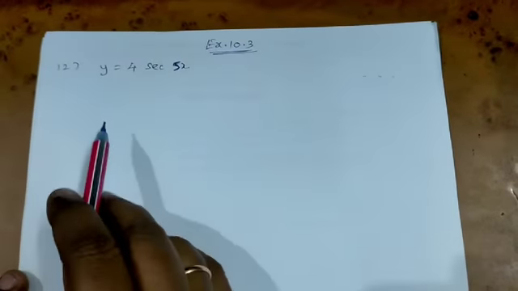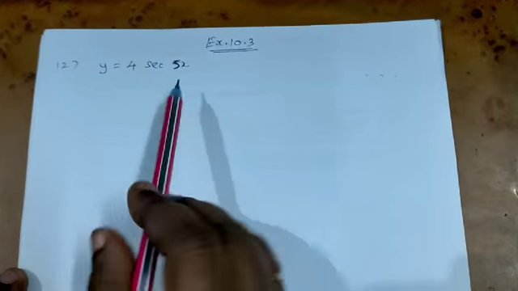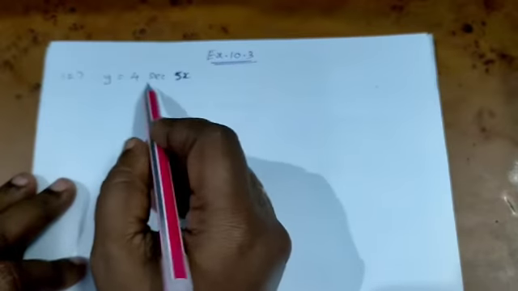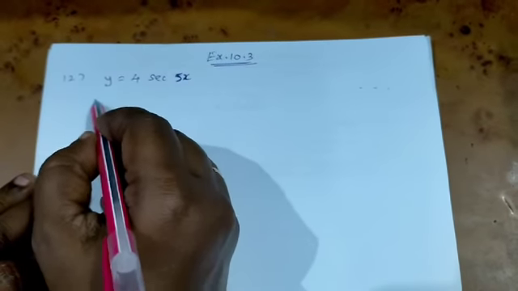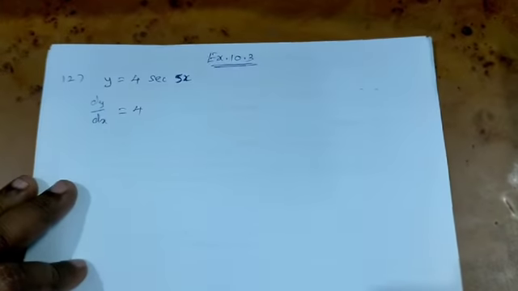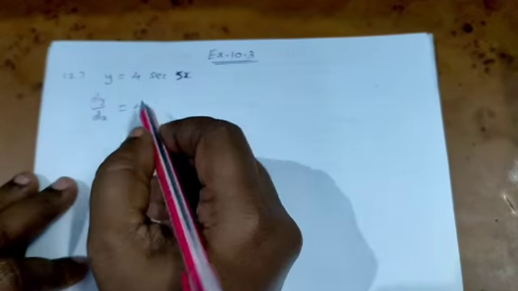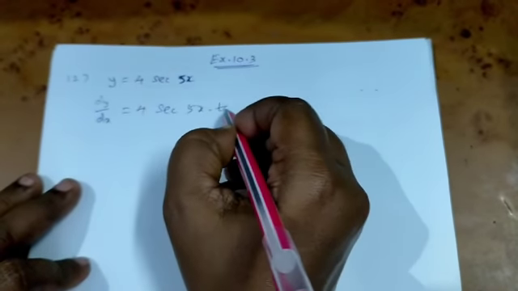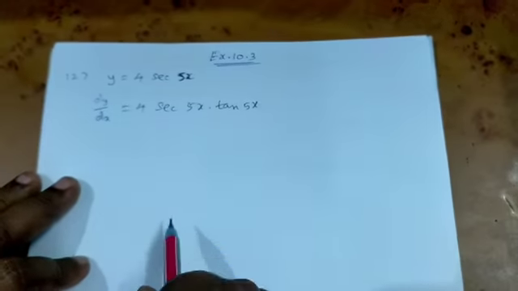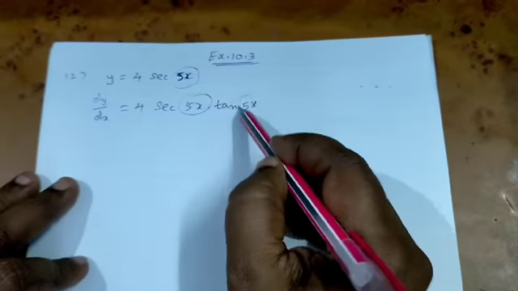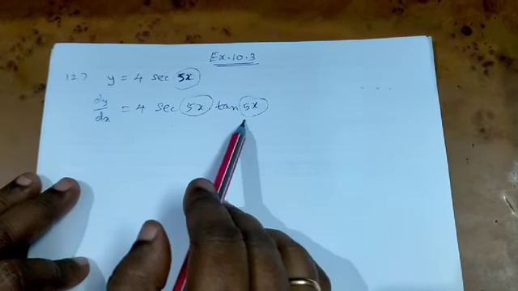Look here children, this is question number 12. y equals 4 into secant 5x. Now this constant 4 will remain the same for differentiation with respect to x. I am going to keep 4 as it is. Differentiation of secant x is secant x tan x. You say x aloud, but when writing, whatever is in the place of x should be written. Secant x means the secant x tan x formula.